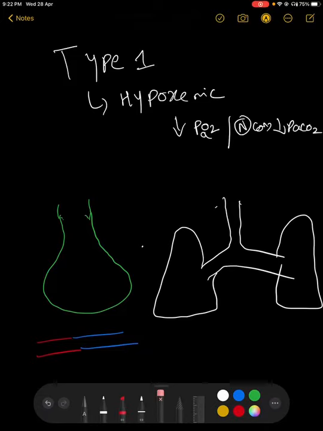So this hypoxemic respiratory failure can be because of various mechanisms. First, it could be because of decreased fraction of inspired oxygen. Let's consider a patient living at high altitude. Our FiO2 in the normal ambient environment is 21%. That's the normal thing that we are inspiring, whereas at high altitude, where there is altered barometric pressure, there will be low FiO2.